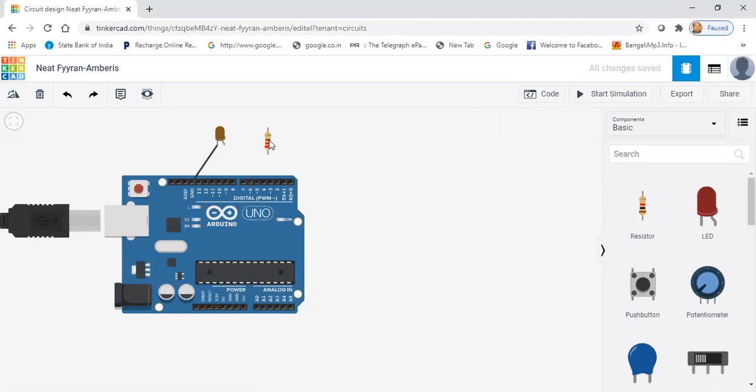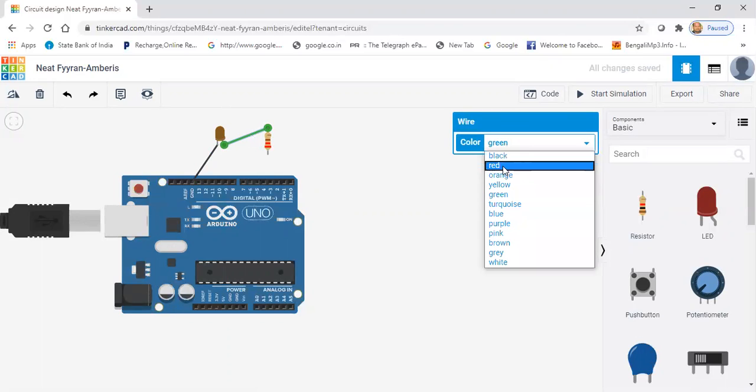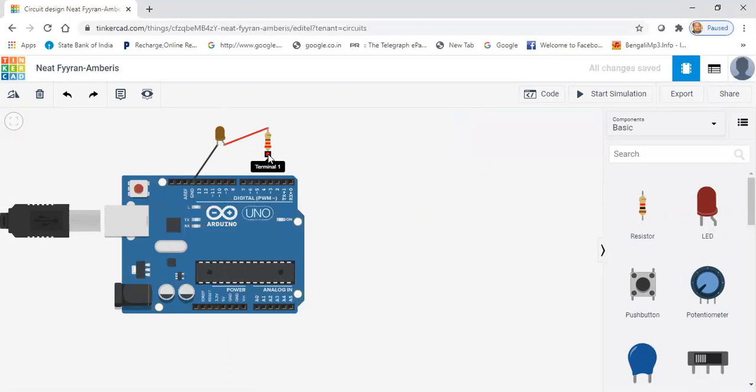And then the resistance, this is the resistance, and we are connecting this anode terminal with this terminal of this resistance, and this is the color of say red. Then again we are connecting this terminal with pin number 13. So we are basically connecting this LED through this resistance across this ground and pin number 13.